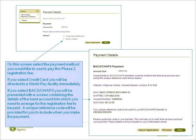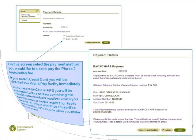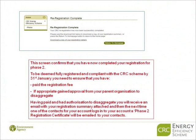Please note that the bank account into which registration fees are paid is different to the bank account into which Phase 1 allowance payments are made. You've now completed the registration. However, to be deemed to be fully registered and compliant with the CRC scheme by the 31st of January 2014, you need to ensure that you've paid your registration fee and, if appropriate, gained approval from your parent organisation to disaggregate. Having paid and had authorisation to disaggregate, you will receive an email with your registration summary attached, and then